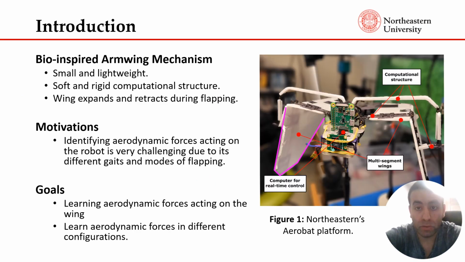First, we begin with the introduction to elaborate on the background, motivation, and problem statement and goals. Our lab at Northeastern University has developed a small and lightweight flapping wing robot. It has a bio-inspired arm wing mechanism. It's small, lightweight, and soft, and it has a soft and rigid computational structure, and its wing expands and retracts